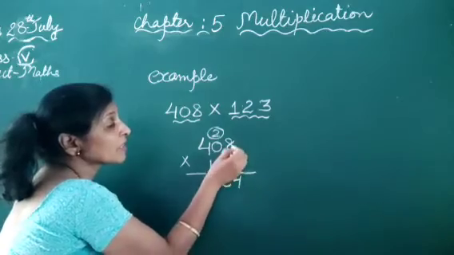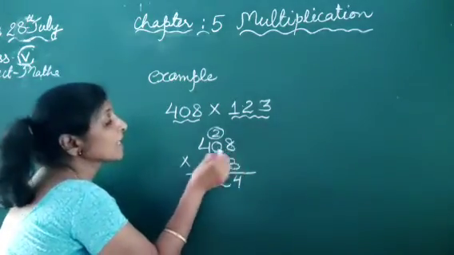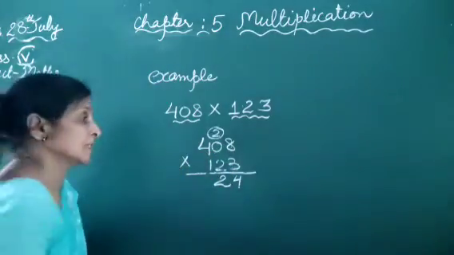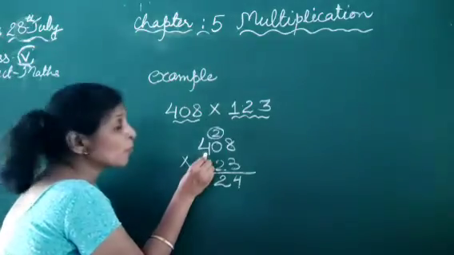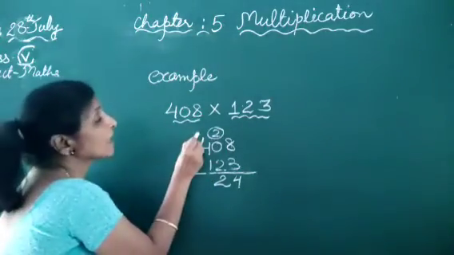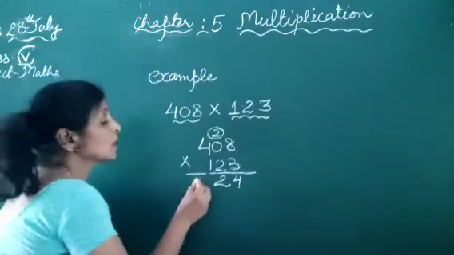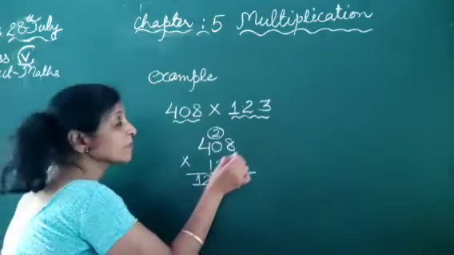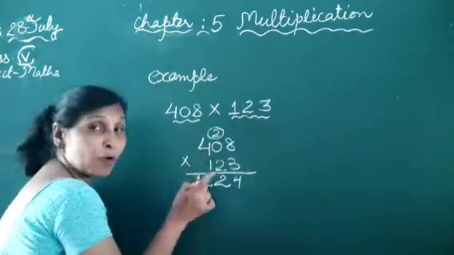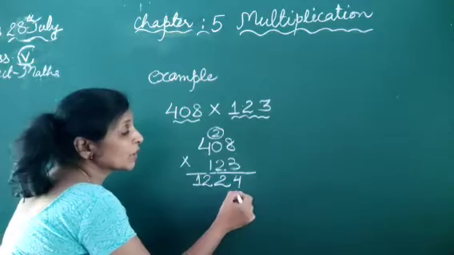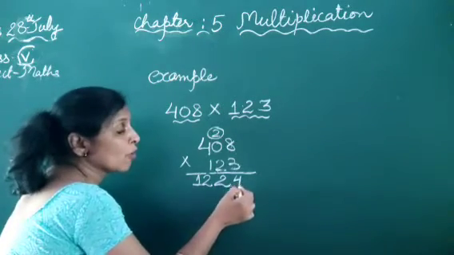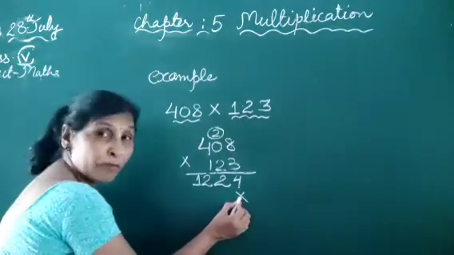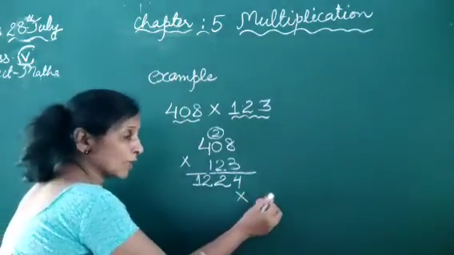First this digit is multiplied by the 1's place digit, then it goes to the 10's place digit, then it goes to the 100's place digit. So 3 is multiplied by 4, then 12 comes. And there is no carry over here, so here we write 12. Now the second number is multiplied by all this. Before we start to multiply, put 1 cross here, below the 1's place digit. In place of the cross you can put 0 also.